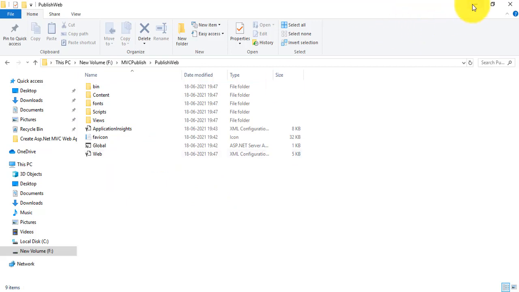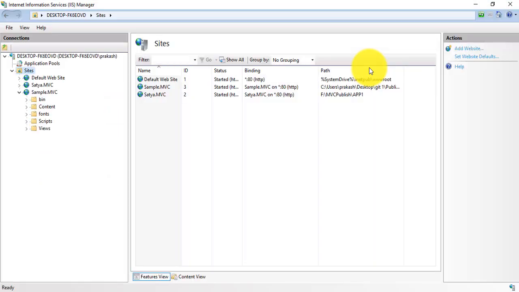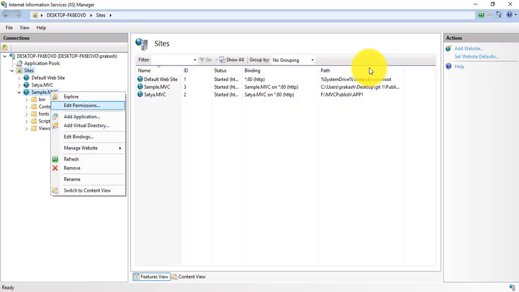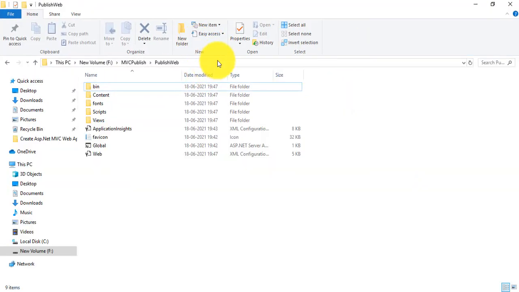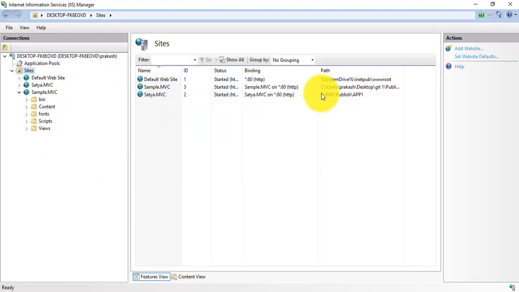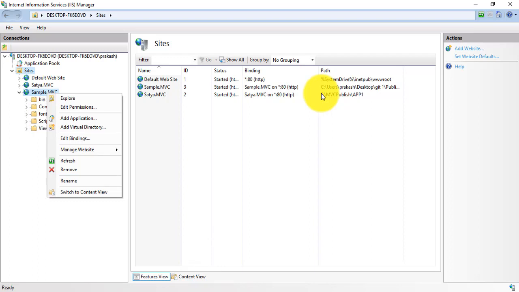Now if you go to my sample.mvc site, and go to explorer, the physical path I've given is the same, and using FTP, IIS, as well as the folder types, the physical path is same. So after publishing this MVC application using publish target type folder, all these published versions of files are uploaded here. Now I'll check this output after I publish this MVC application using publish target type, that is a folder. So I'll browse here,